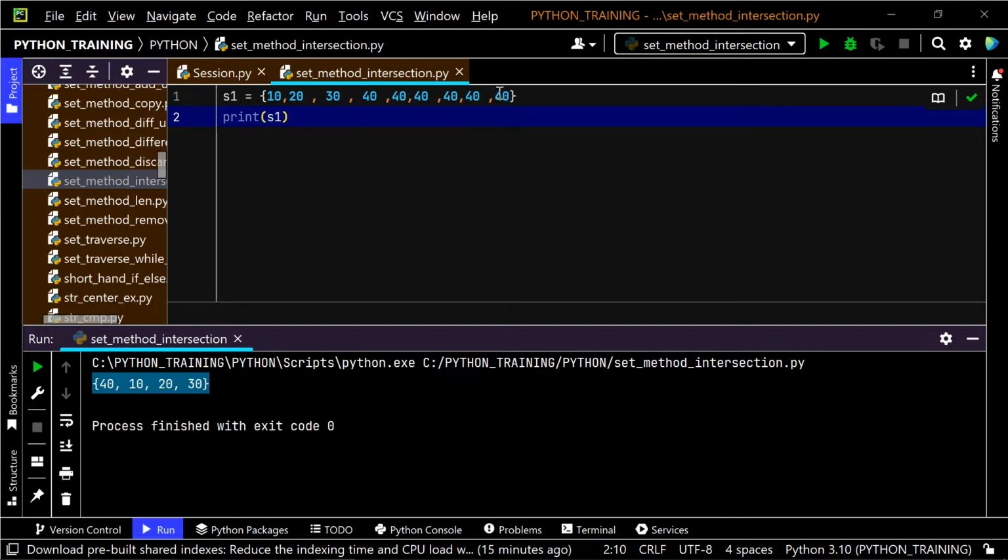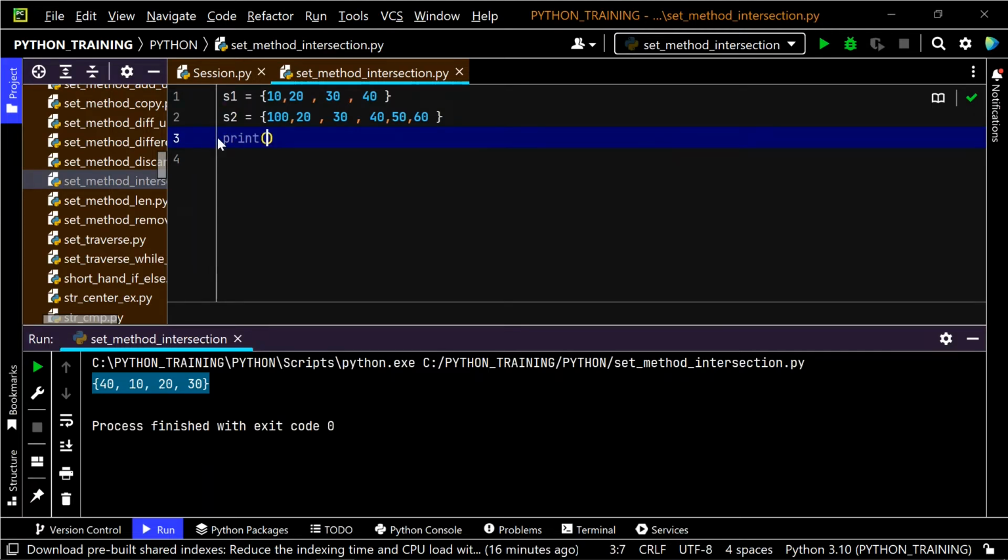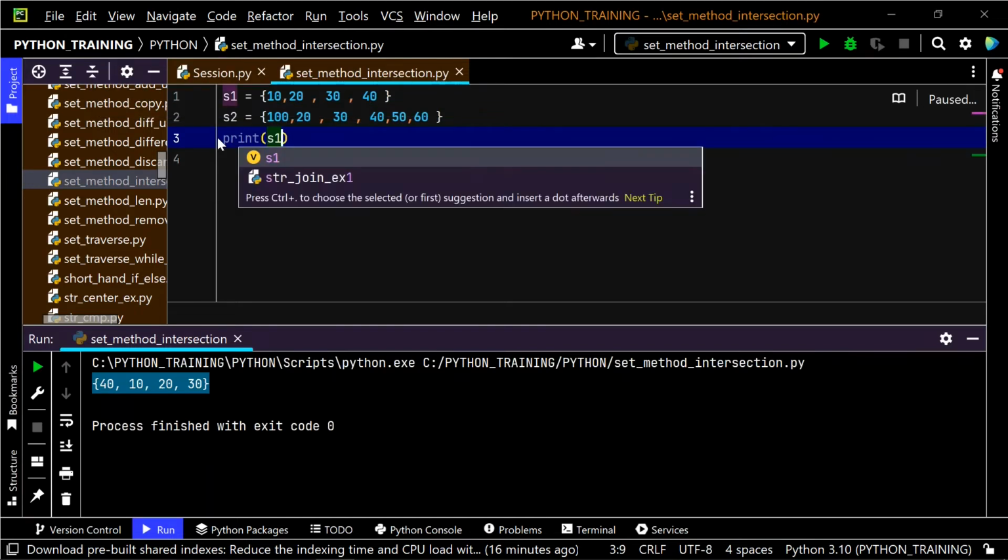So now let me remove this. This was for your understanding only, I had actually given duplicates. Now look here, this is 10, 20, 30, and 40. Now I have another set, S2, containing let's say 100, 20, 30, 40, then 50, then 60. Now what I want to do here is print S1, let us see what's happening, S1 dot